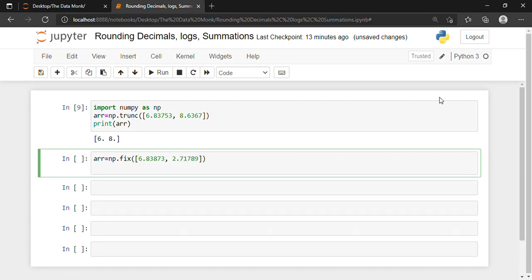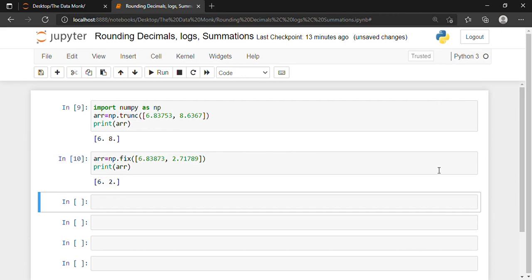I'll be printing this. So print, shift and enter. As you can see, only the number in front of the decimal point is being displayed and the number after the decimal point is being completely omitted. So this is the use of the trunc function and the fix function.